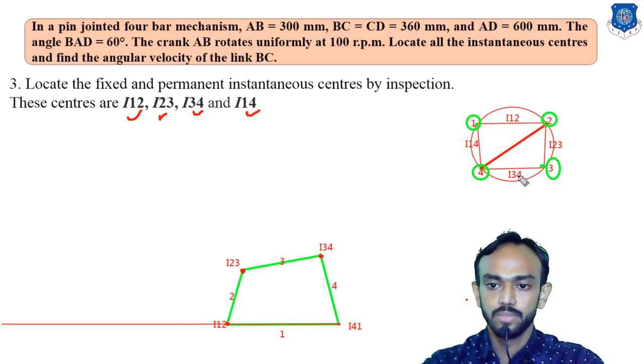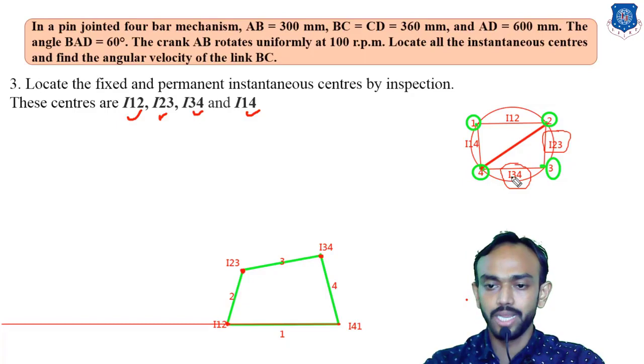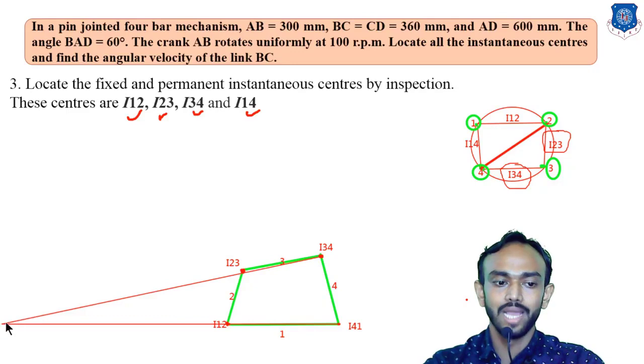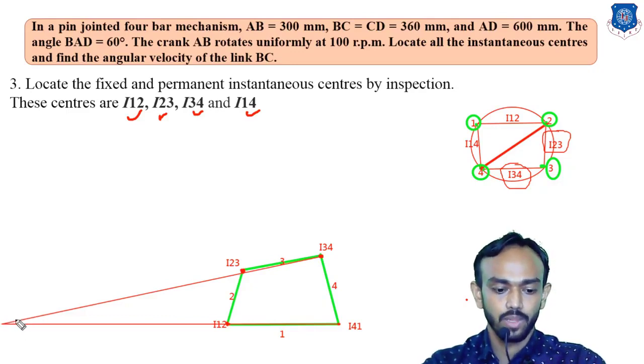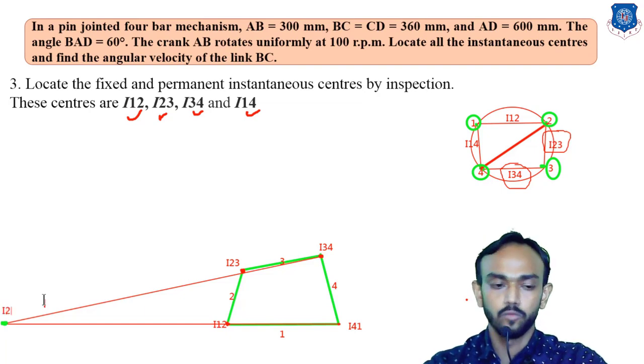Now you can see here I34 and I23. I will draw in the second triangle, triangle 2, 3, 4. These are the two opposite sides of this 2, 4 line. So 2, 3 and 3, 4. I will draw the line which passes through I23 and I34. Let's check this, I23 and I34. And the intersecting point of these 2 lines will give me this point, which is known as I24.